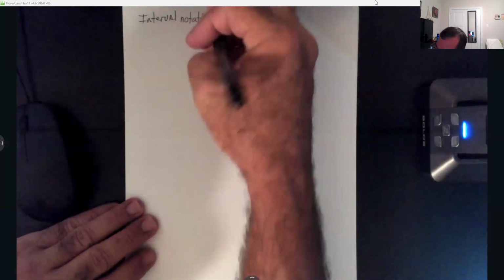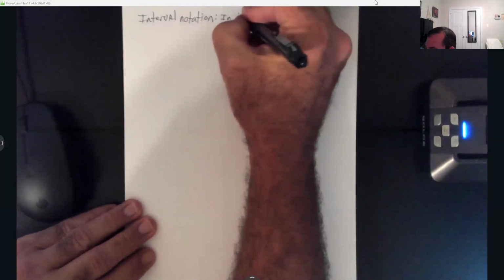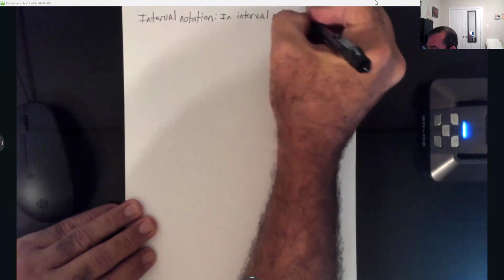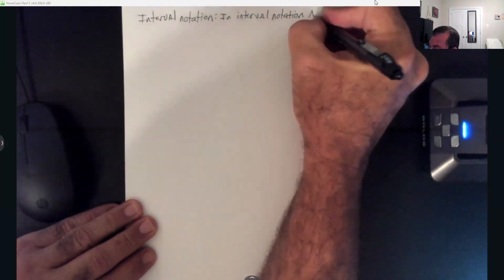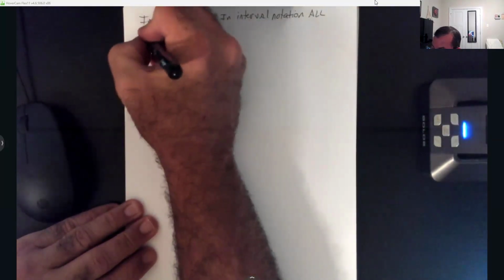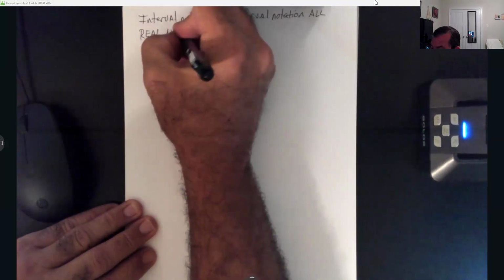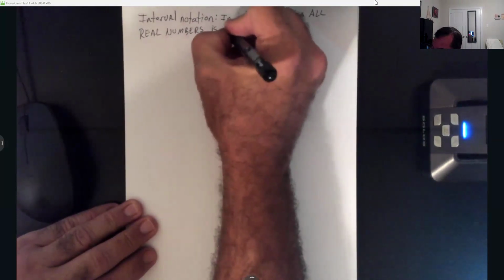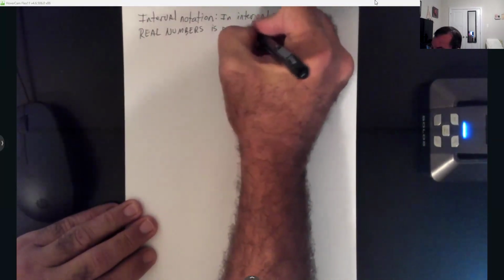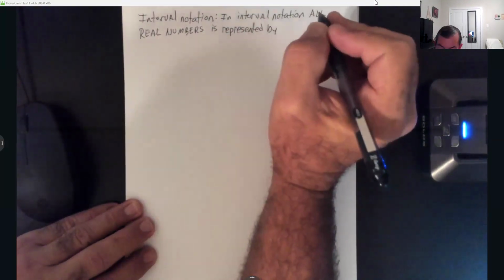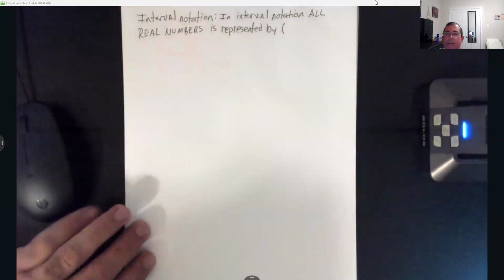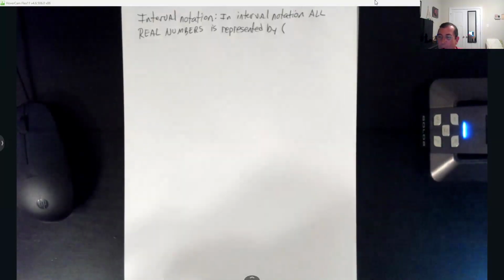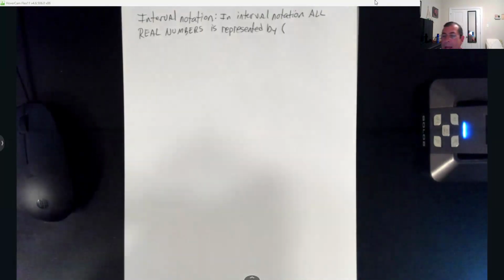So the first thing about interval notation, all real numbers is represented by, so we use parentheses. So y'all, if I'm going out the negative side of life and I keep getting more negative and more negative,